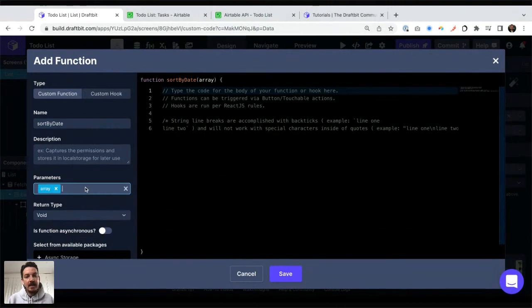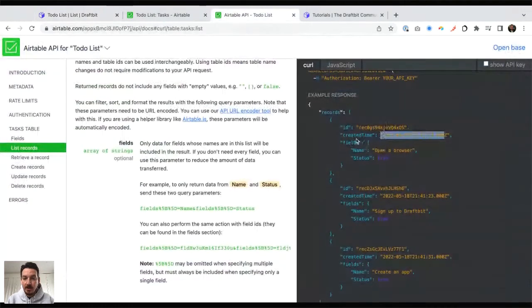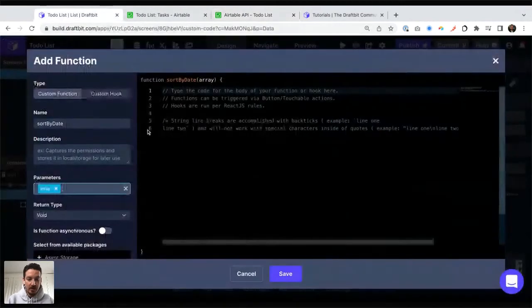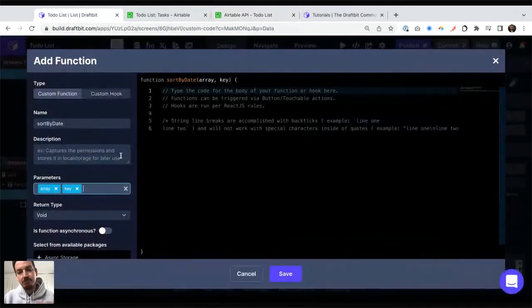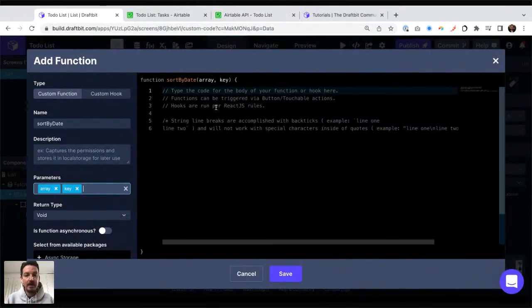And then I need to pass it the name that we're going to want to sort by. So I'm going to say, go and fetch that information and use that to order things. So I need that key. I need that word, so I'm going to call it key. Those are typical terms in programming: array, key, and values, and things like that. So that's why I'm using them here.